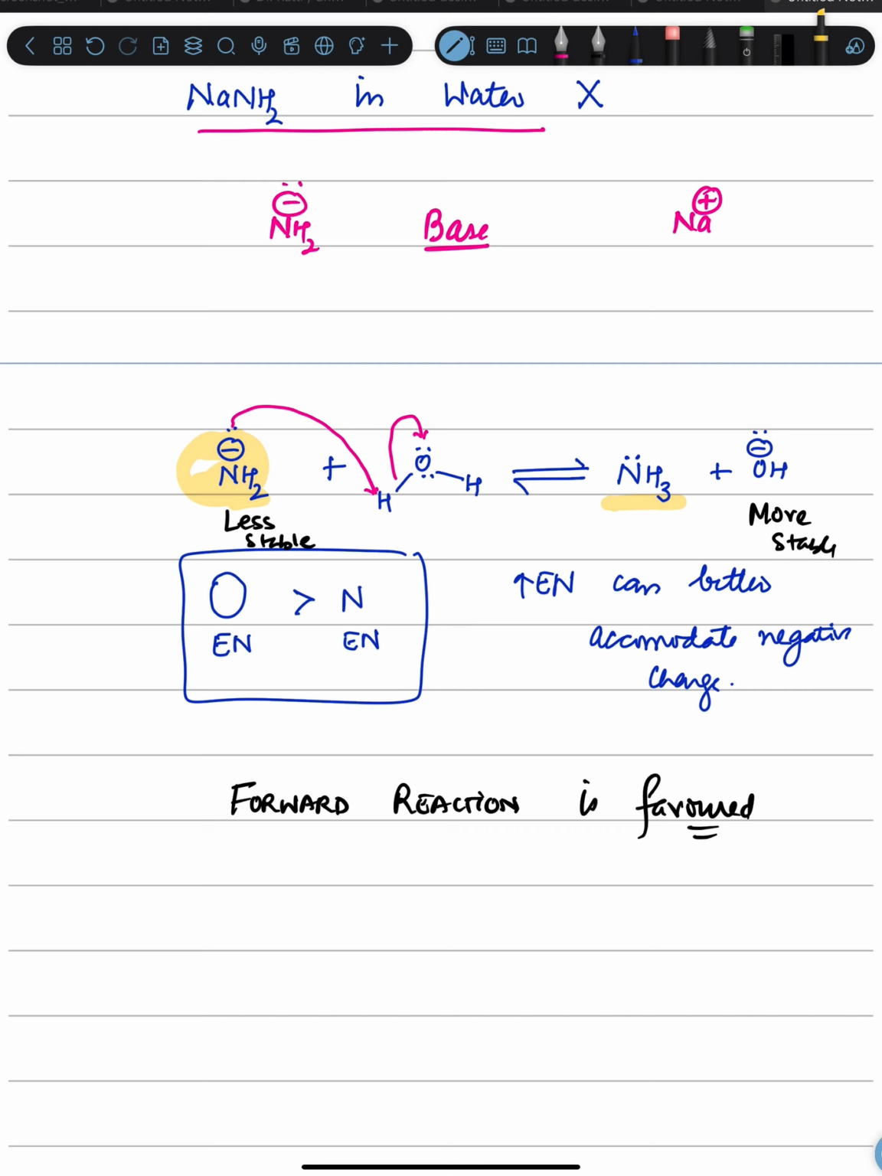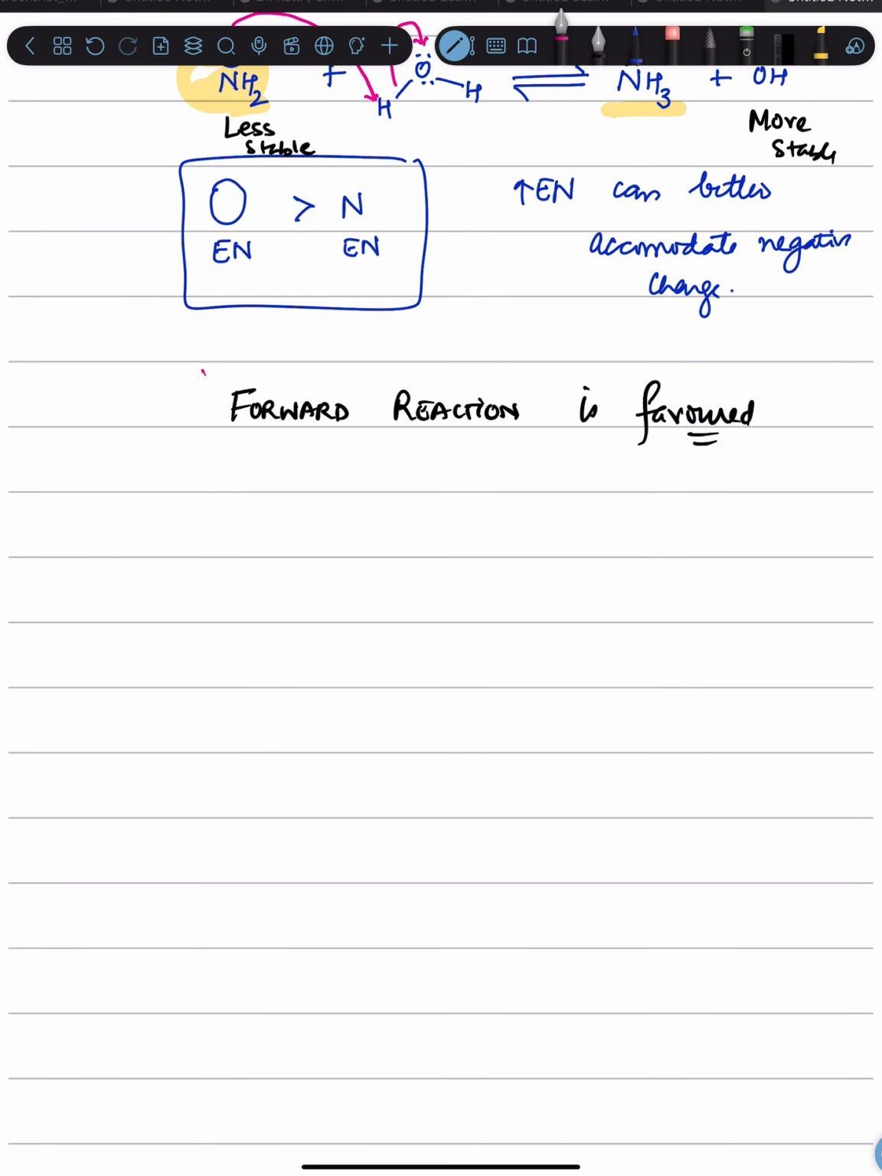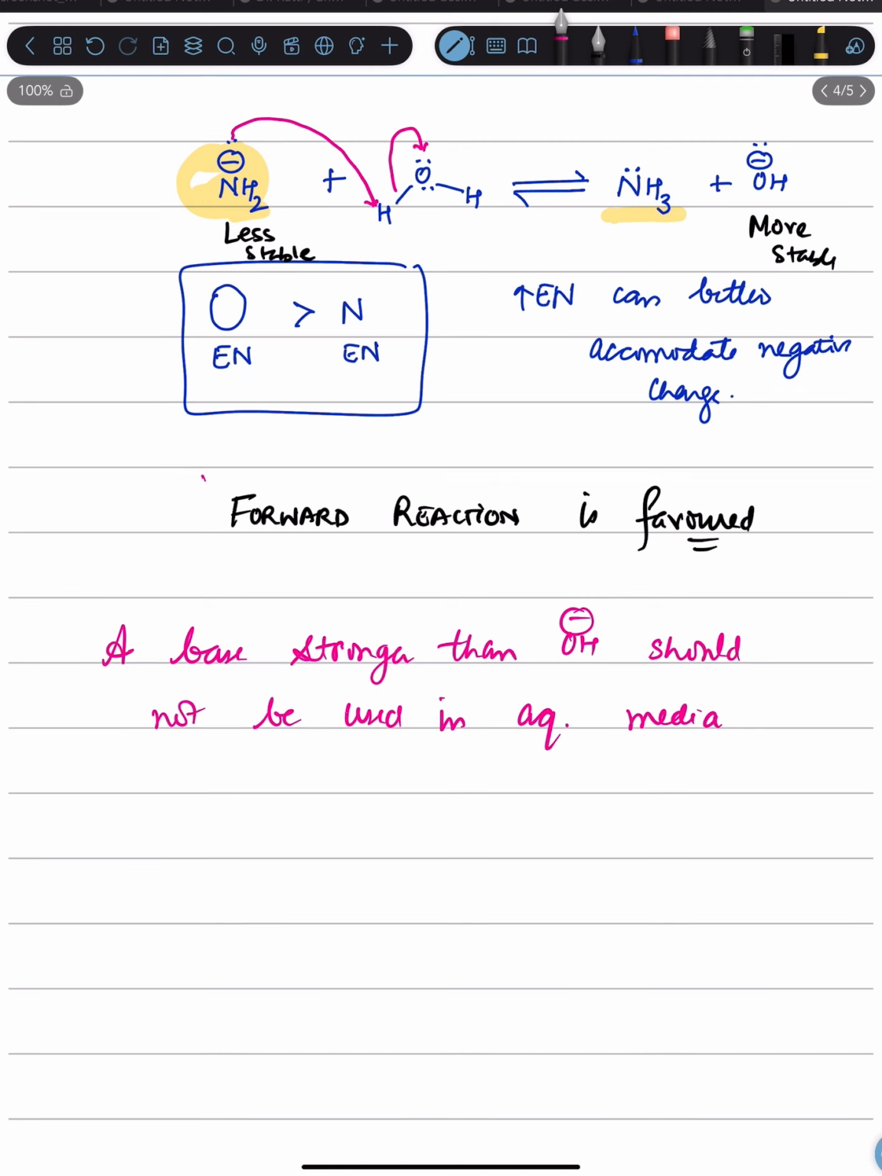So what does this mean? What conclusion can we draw from this? We can draw the conclusion that a base which is stronger than hydroxide ion should not be used in aqueous media or in water, because if you use a base which is stronger than OH negative ion, by a stronger base we mean